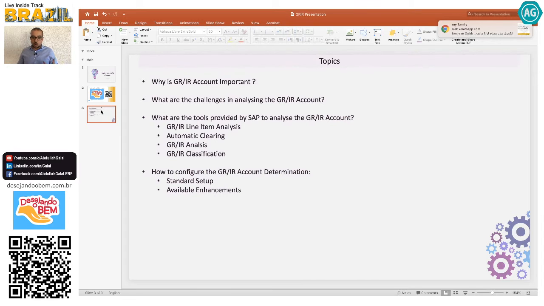Now, let's say no one is keeping an eye on this. We will have 10 units missing. These units can be stolen. Maybe the supplier didn't ship them. Maybe they were lost in the way. Maybe they were taken by the authorities. This is very important. So now the accountant has to go and analyze the GRIR,